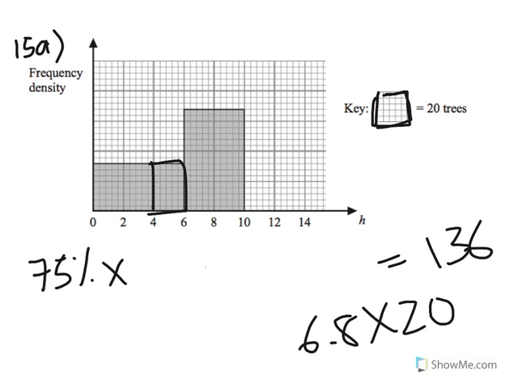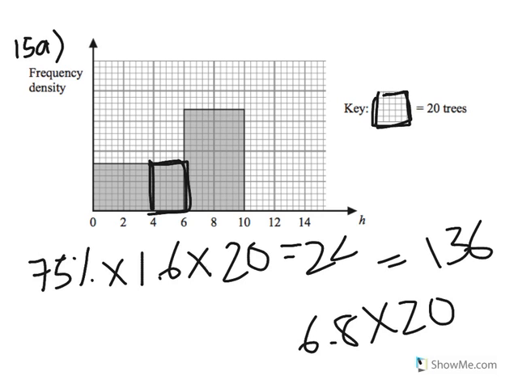times 1.6 boxes, because there's 1.6 boxes here, and multiply that by 20. And what we're going to get is actually 24. So there's 24 trees in this area over here. Now we just got to add 24 to 136, and that'll give us a total of 160 trees in this